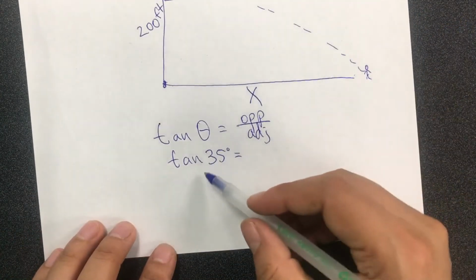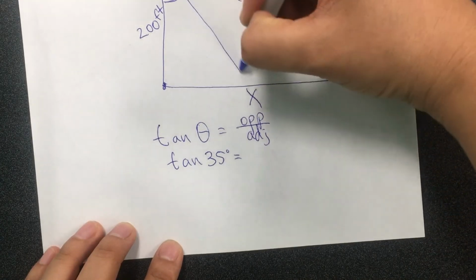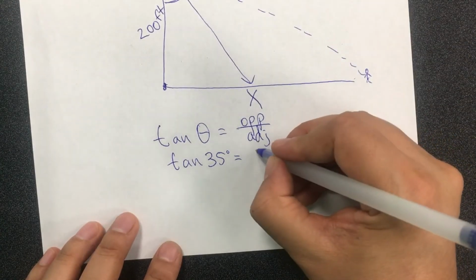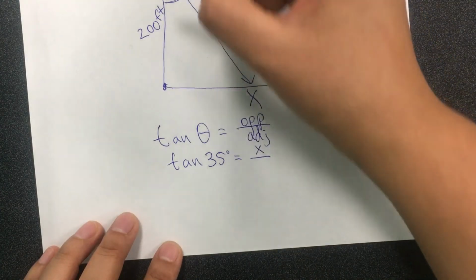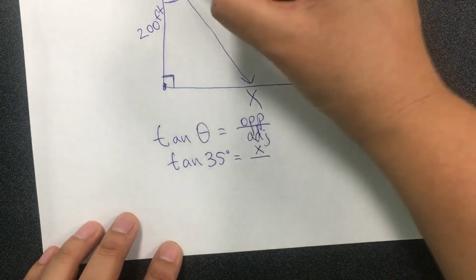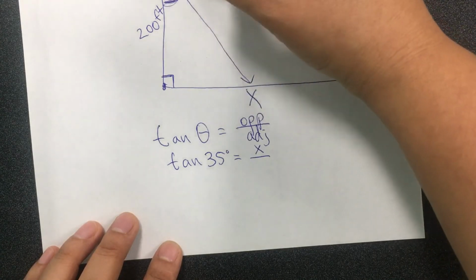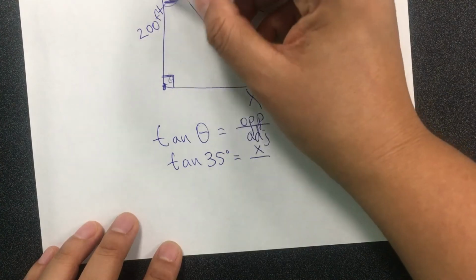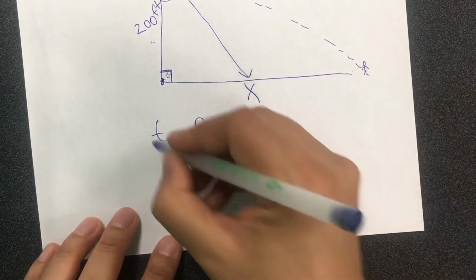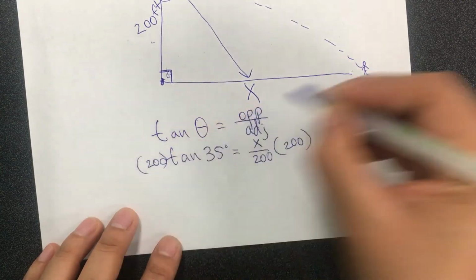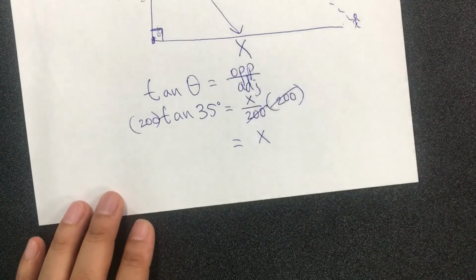So tangent of 35 is equal to opposite, remember that it's always right in front of the angle, which is x, divided by adjacent, remember that is between the 90-degree angle, and now I'm not talking about this 90-degree angle, but this angle that we're using here, okay? So it would be 200. I multiply by 200 on both sides. This cancels, and so x is equal to